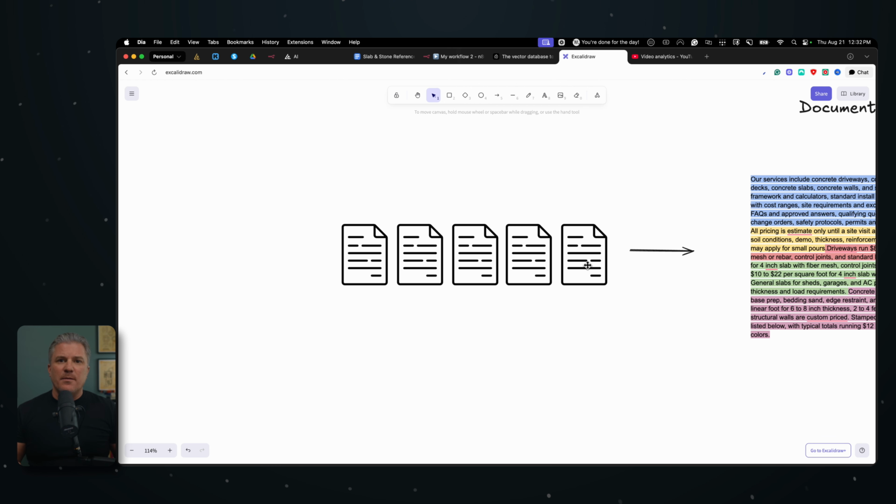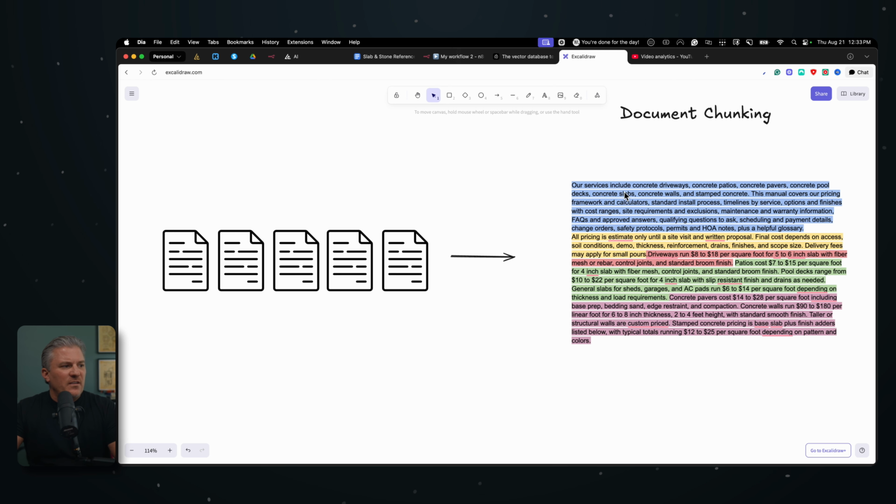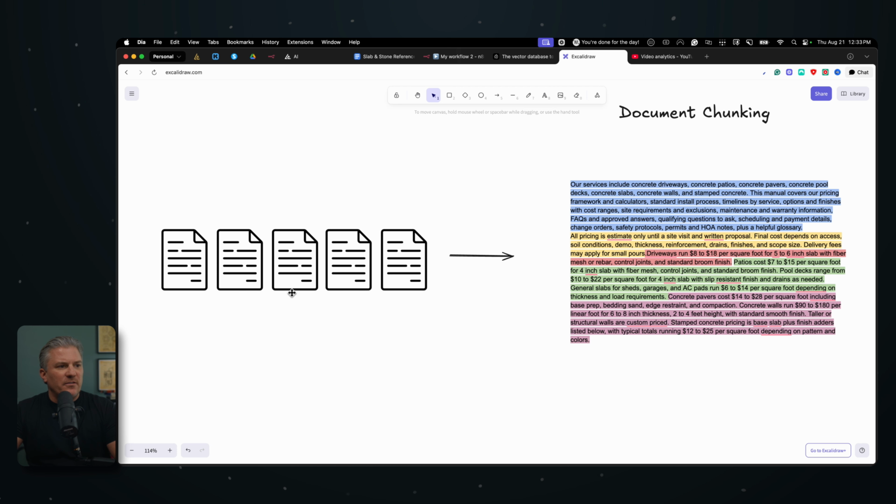So it's not only time consuming, but the chances of you getting an error with the response are pretty high, because the agent will generally either read every document, which takes forever, especially if you potentially have hundreds of documents uploaded, but it also tends to stop when it thinks it found the right answer, and oftentimes that's not the right answer. So what a vector database does is it takes each one of these documents and it breaks